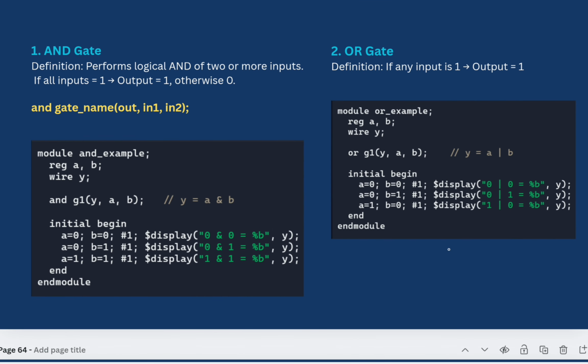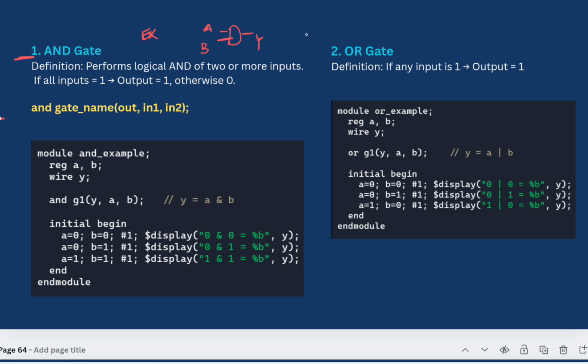तो अब देख लेते हैं वन बाय वन कि हम बेसिकली गेट लिखेंगे कैसे। ये तुम्हारा एग्जाम्पल है जहाँ पे हम बात करने वाले हैं कि कैसे लिख सकते हैं एक्चुअली। तो देखो यार, पहले अगर बात करते हैं एंड गेट का, तो एंड गेट क्या होता है सबको पता है, राइट। ऐसा होता है एंड गेट, ये तुम्हारा ए एंड ये तुम्हारा बी, दिस इज योर वाई। परफॉर्म लॉजिकल एंड ऑफ 2 और मोर इनपुट्स।